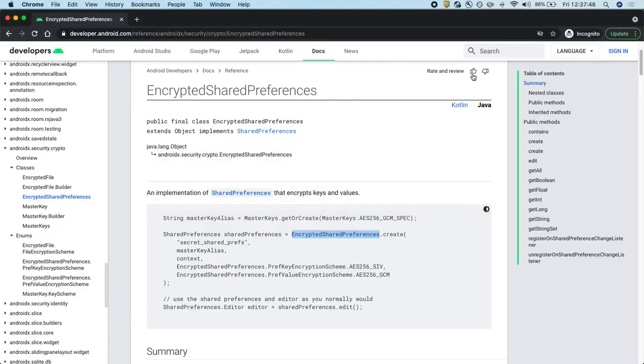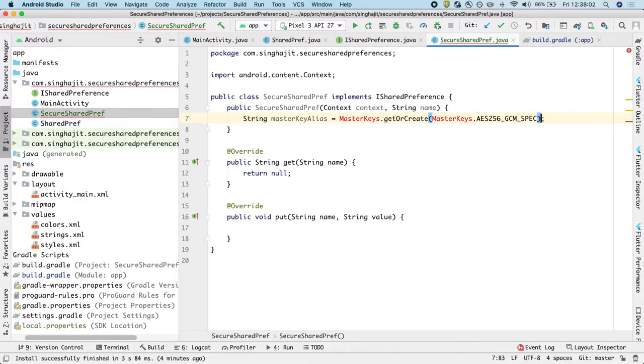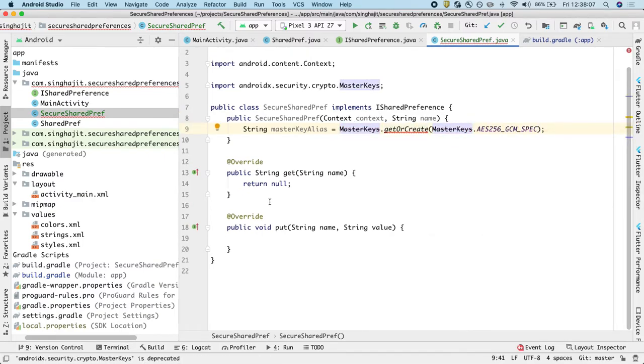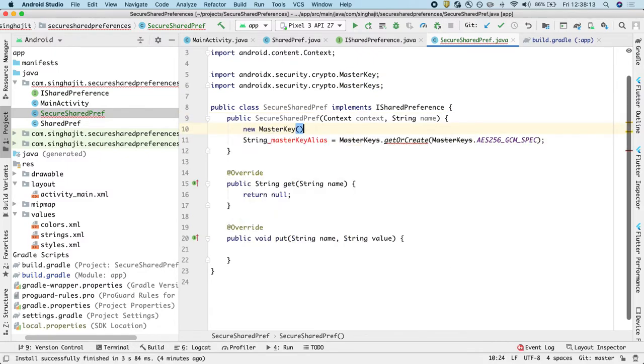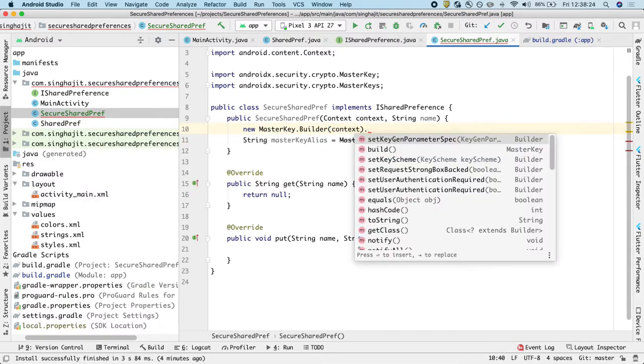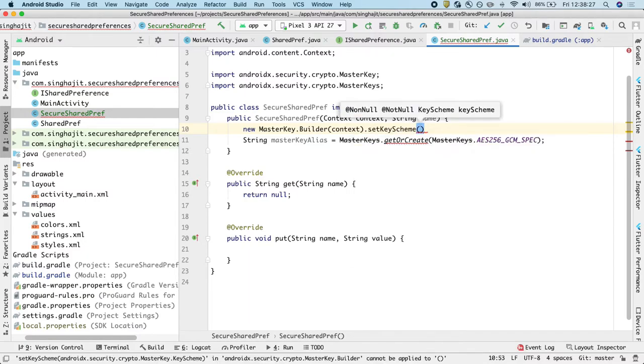Now we can start using this code snippet, and this particular line is stale. They haven't updated it to the latest one, but I'll show you how to create the latest master keys. You can notice that it's deprecated, so we should be using this. Instead, we'll use MasterKey.Builder,